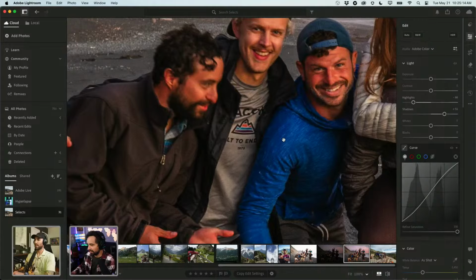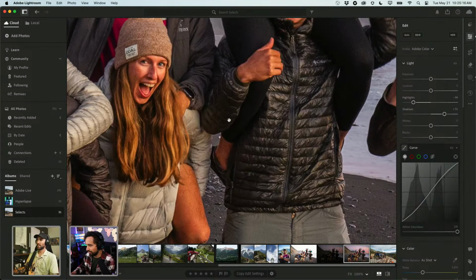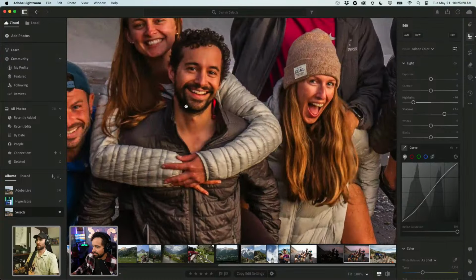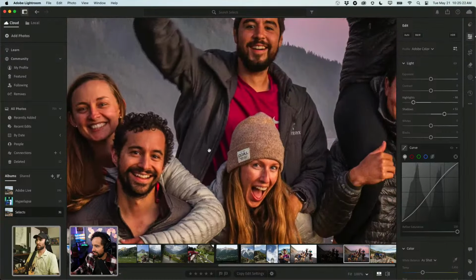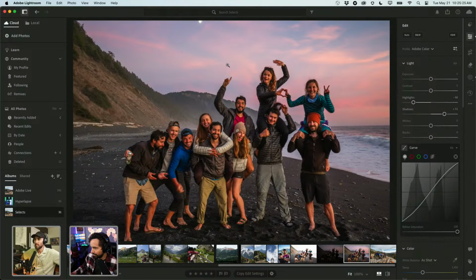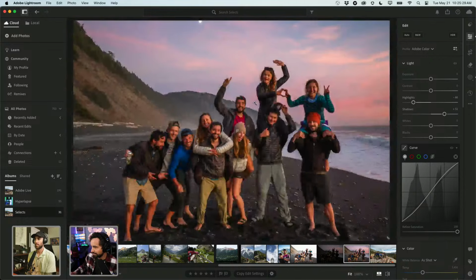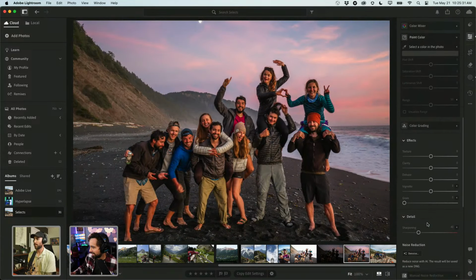Now if we zoom in, we can tell that there's a bit of noise going on, right? Especially in the blacks, and in me too, right? Because this was kind of a middle shot where I kept the exposure for the sky, but then also wanted enough light for the subject, which was all the friends. But what I can do now,